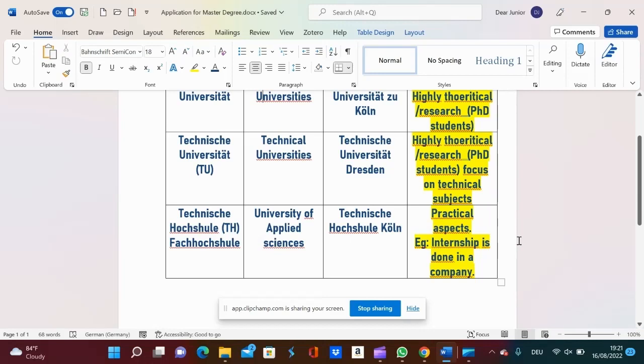Now, if you are in a University of Applied Science and you finish your master degree and want to do your PhD, you cannot do the PhD in the same University of Applied Science. Either the University of Applied Science liaises with the state.